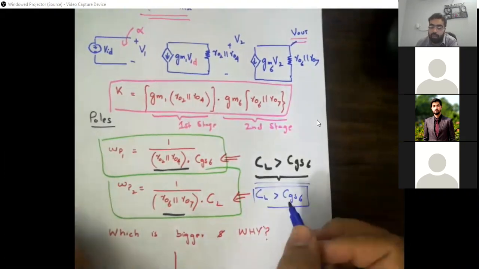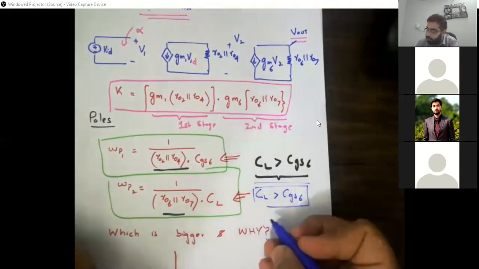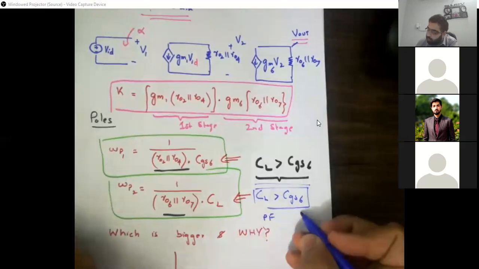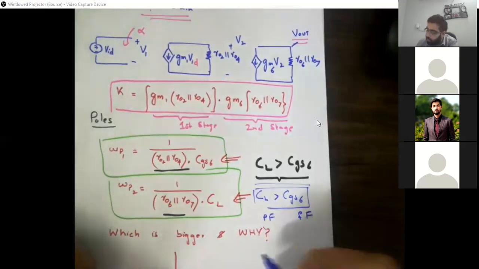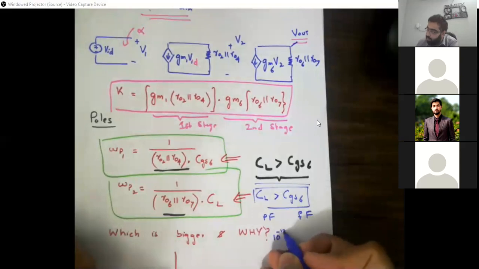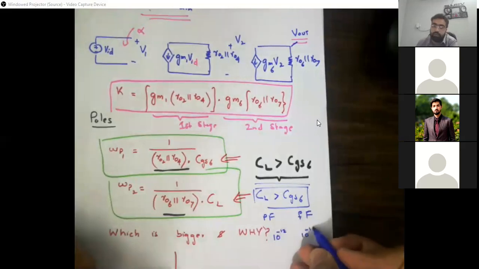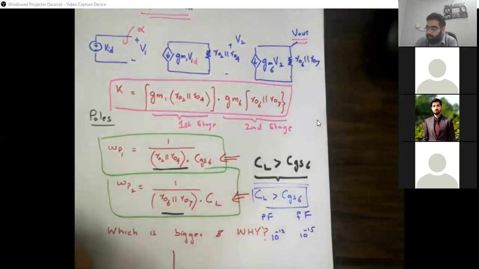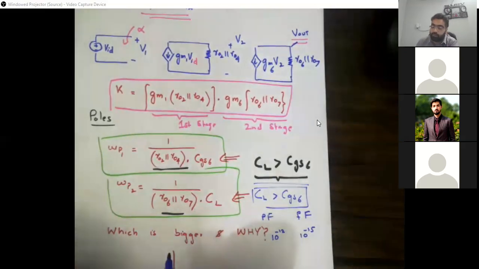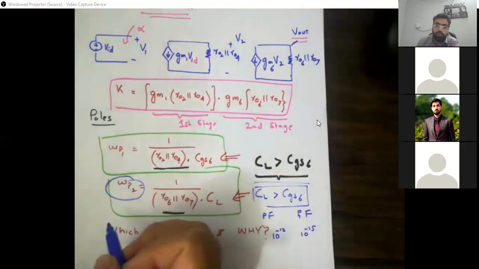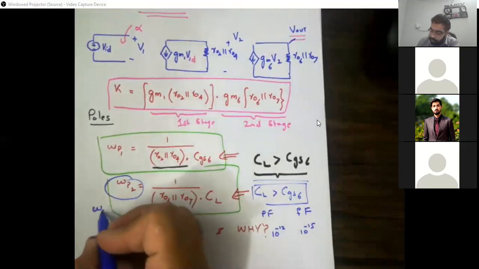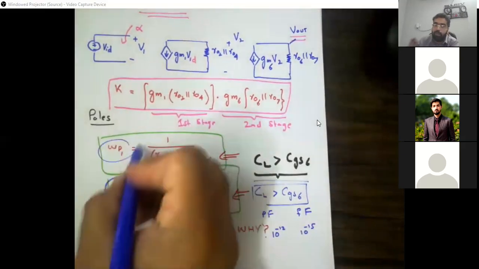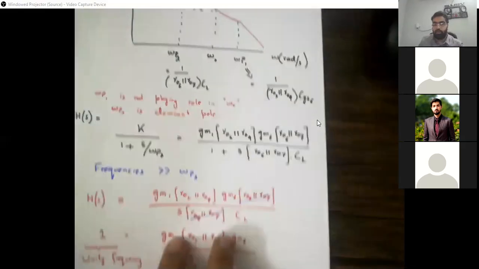तो CL है वो in the range of picofarad होती है, तो CGS6 है वो normally in the range of femtofarad होती है। Picofarad मीनिंग 10⁻¹², femtofarad means 10⁻¹⁵. 100 to 1000 time difference comes between these two capacitances, so the assumption is 100% valid. Okay, so हम किसको कह सकते हैं dominant pole? Omega P2. So omega P2 is going to be our dominant pole in this current configuration, and omega P1 is a parasitic pole. अगर हम इसको draw करना चाहें, we can draw this way.